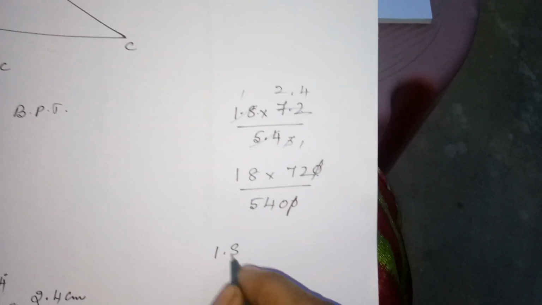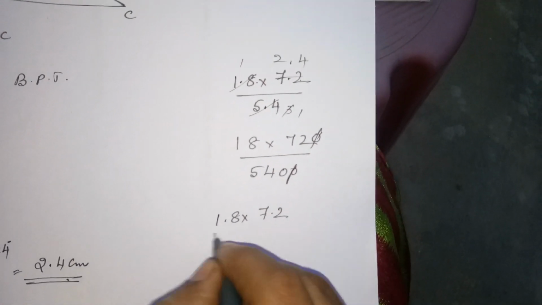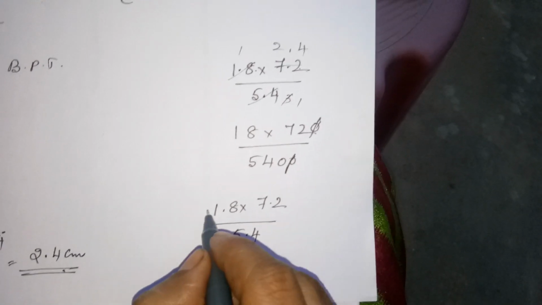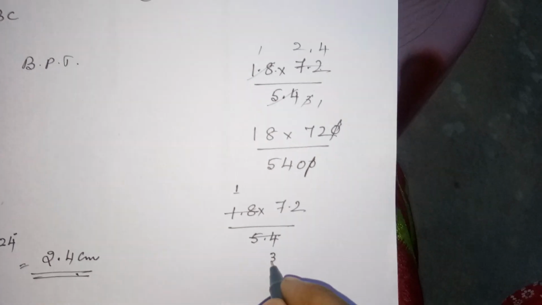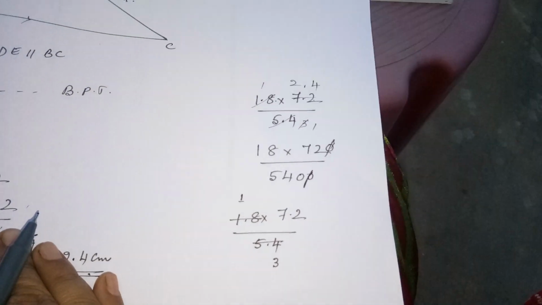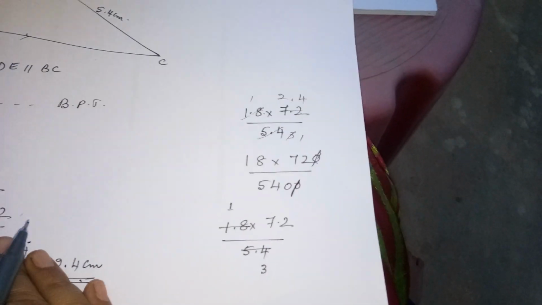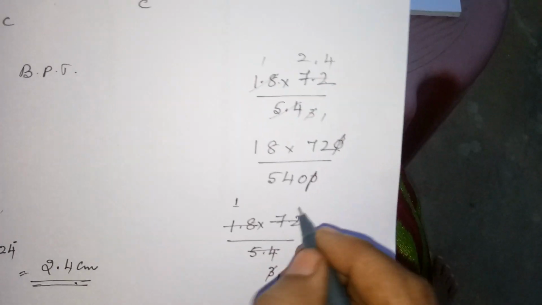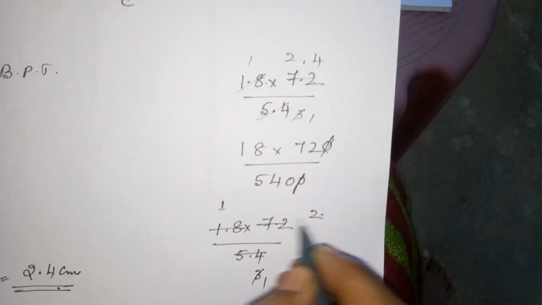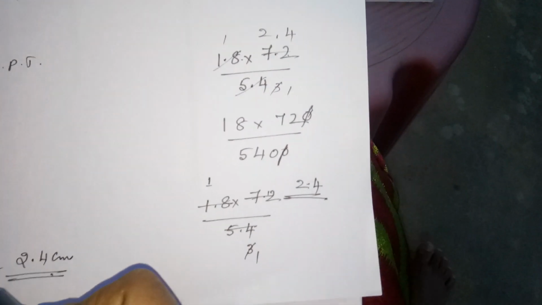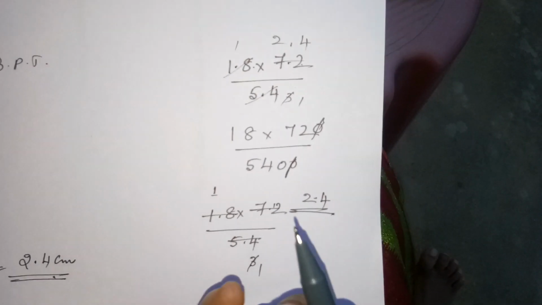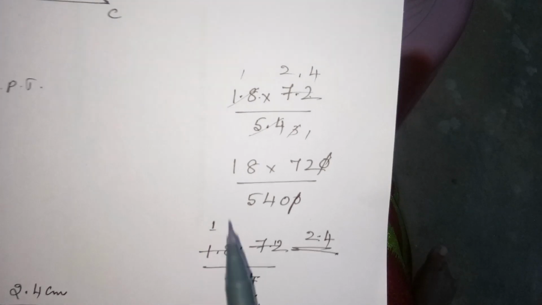Once again I will show you with the decimal how to divide. 1.8 ones are 1.8, 1.8 threes are 5.4, that is 18 ones are 18, 18 threes are 54. Then 3 ones are 3, 3 twos are 6, remainder, 3 fours are 12, 2.4. Either you can place zeros or you can directly divide keeping the decimal as it is, children.